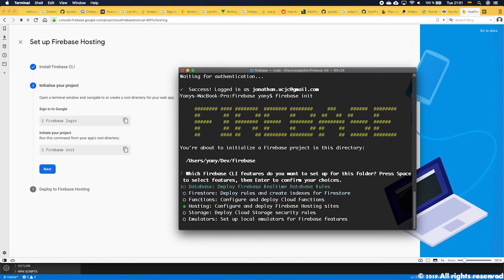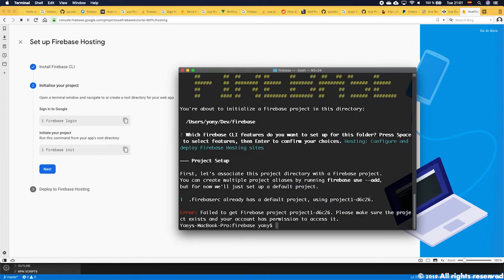You can download here from the real time, the old version of the database. You can do all kinds of things. The storage, you can download the storage security rules. We are just going to download the hosting. Okay, now once you choose this,